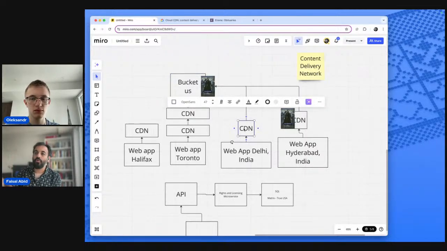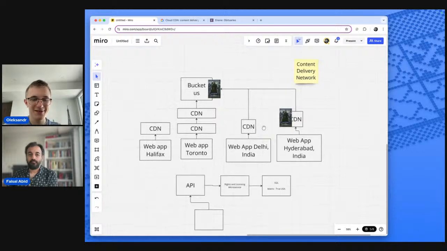And so that's why your user could be in the middle of nowhere. Let's assume there are no CDNs there, like right in the center of the US. There's a CDN nearby that they're able to use to grab the latest version of React, because it's cached on that content delivery network. Same thing with the movie. That's why Netflix works really well, as long as your internet's good, whether you're in India, Russia, Canada, China, wherever you are, it will work properly. Cool. So that's how CDNs work.